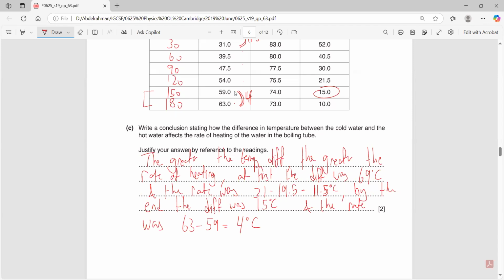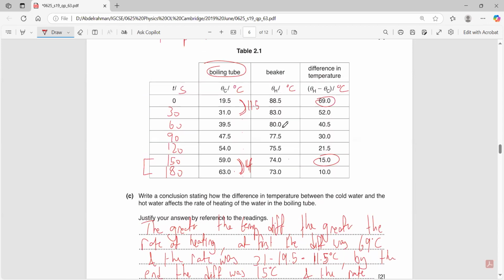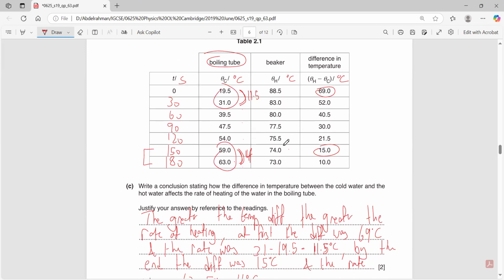We're not saying 74 minus 59. I'm talking about the difference or the rate of heating of the cold water. The rate of heating of the hot water, again, the cold water. I don't know why I'm saying hot water. The rate of this temperature. Anyway,